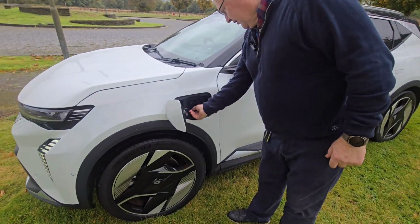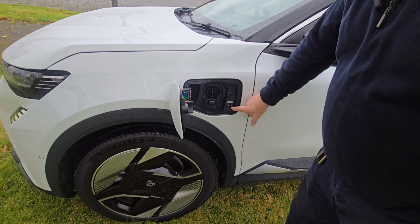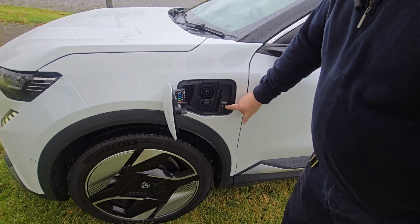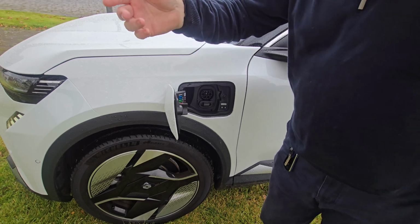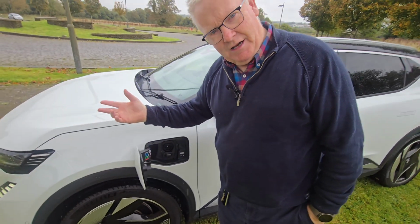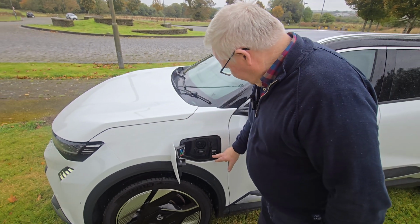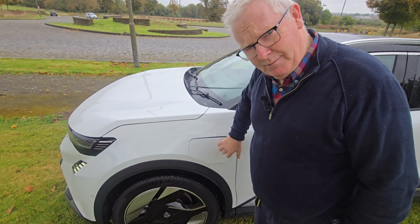Charging, usual CCS. This car will charge at 140 kilowatts. You also have your timer that you can select. You go into the infotainment and tell the car you want it, say if you're using a home charger, to charge from 11 o'clock. All you have to do is press that, plug in your charger, and it'll start charging from